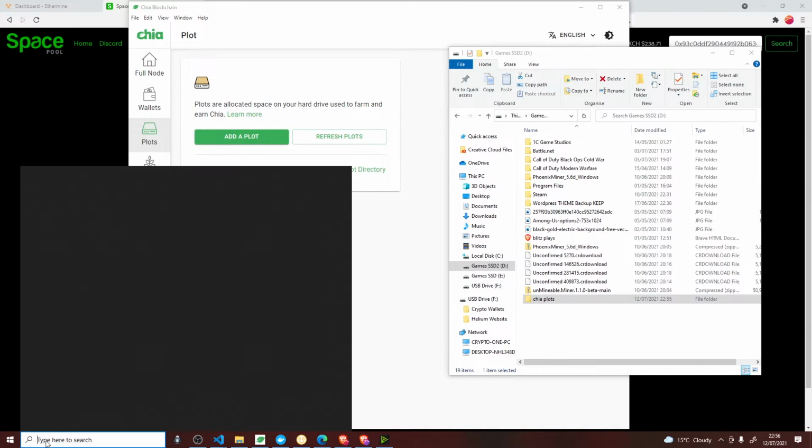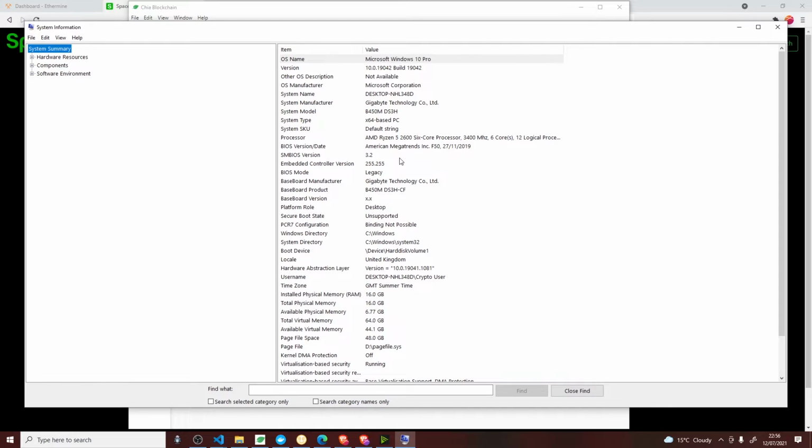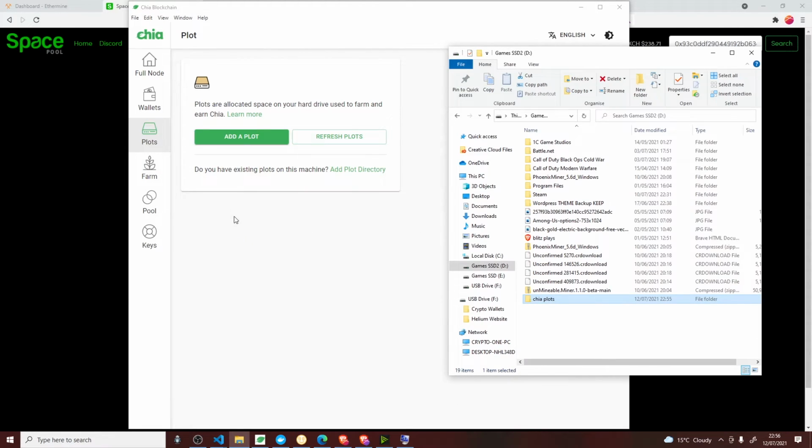We're going to need it in a minute. So if we do system information here, I know my processor has 6 cores, so I've got 12 logical processors. So there are 12 processes that I can have happening at any given time. My RAM is 16 gigabytes. These are key bits.